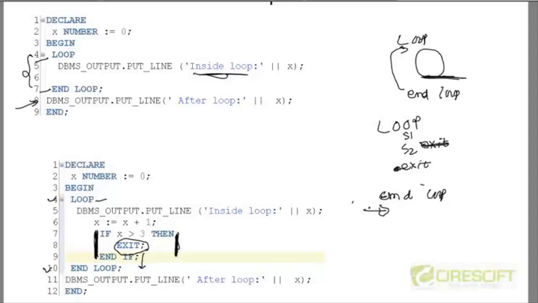In this example, we take this variable and give a condition. This loop is going to run for 0, 1, 2, 3. Whenever the value is 4, 4 is greater than 3, therefore it will come to this exit and go to line number 11, and then it's going to print that. This is the very basic loop